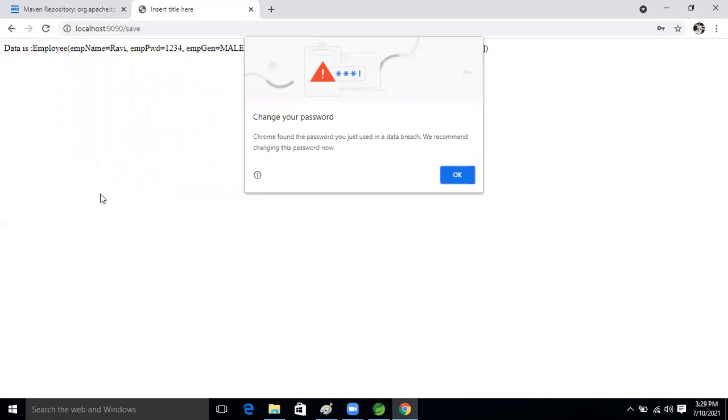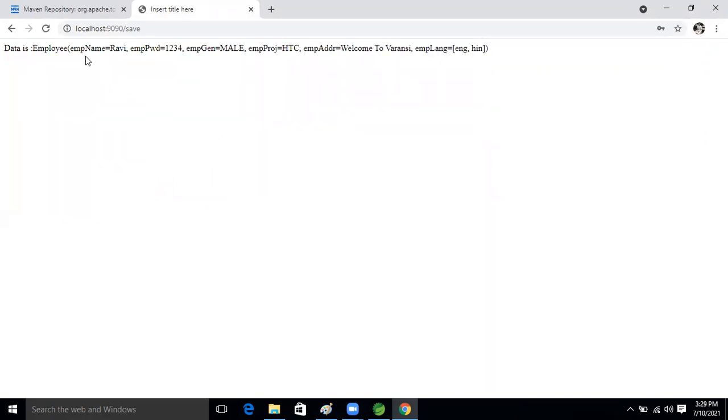You see this, we are getting the data or not, guys? Here employee name Ravi, EMP password, and welcome to Varanasi, and EMP language, what is that, English and Hindi. Like this we are getting or not, guys? Yes, Ravi.